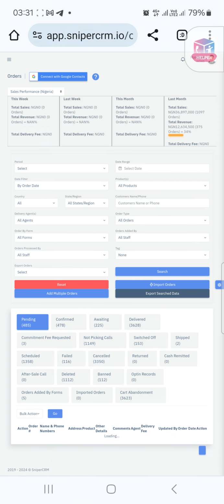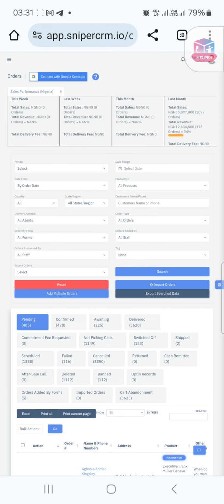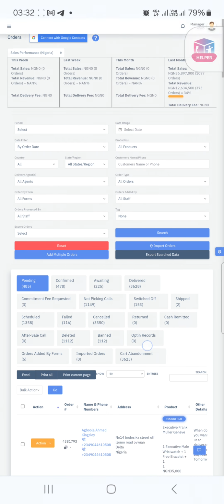Now, when it comes to the customer rep work, I divide it into the front end and the follow up. Front end and follow up. Now just pay attention. When an order comes in,